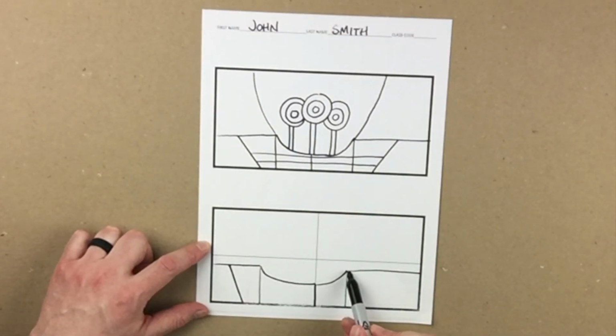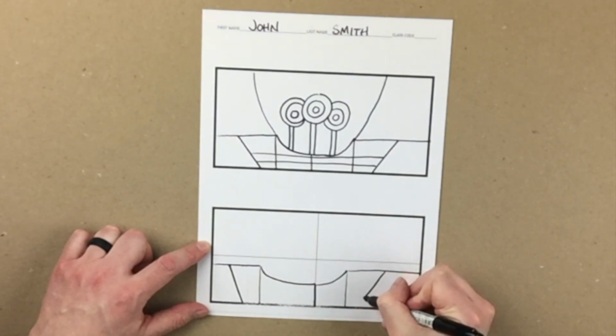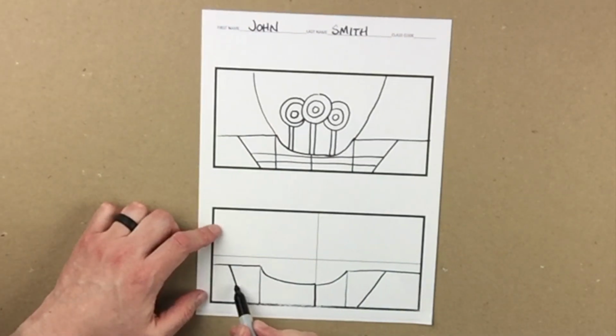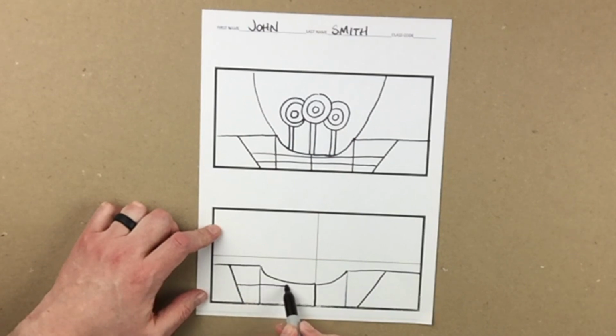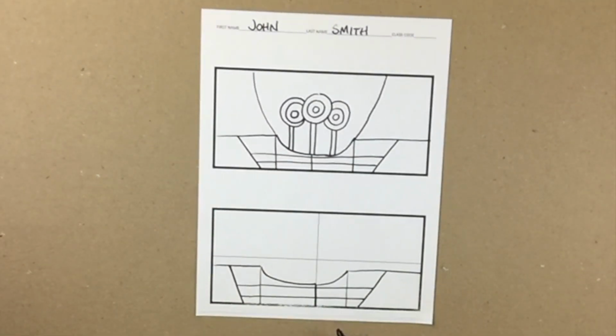Same thing on this side, we're going to go about the middle, and we're going to work our way towards our vertical line, but they don't touch. We're going to draw 2 horizontal lines, and this is just underneath the hole and not touching. And we're going to do another one underneath. So what we're looking for here on our foreground is we should have 1, 2, 3, 4, 5, 6